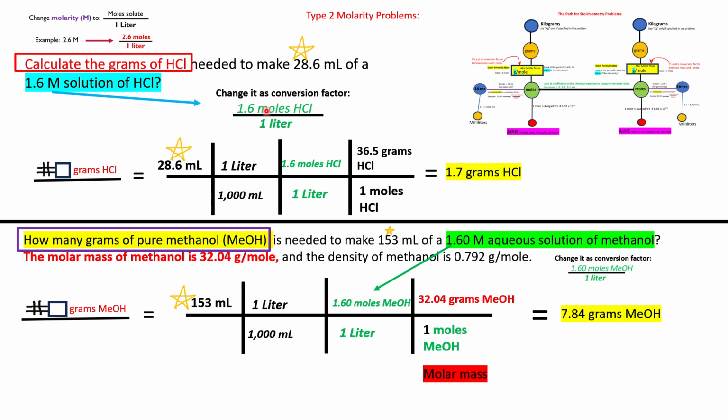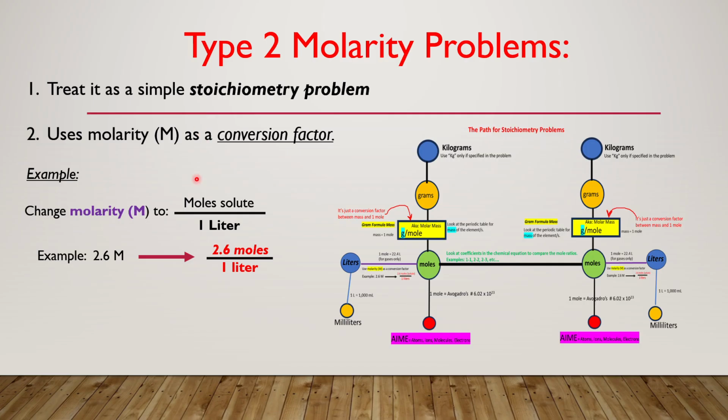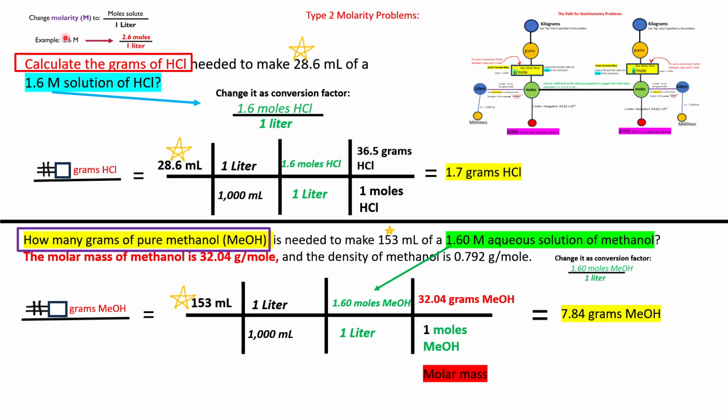So you're going to say 1.6 moles of hydrochloride per 1 liter. It's just what we just went over a few minutes ago, referring to this part right here. It's also over here in the top. All right. So now you have a conversion factor that you're going to be able to use